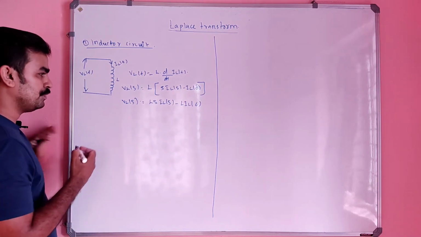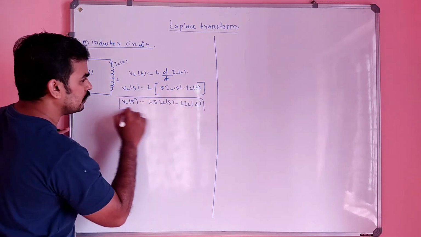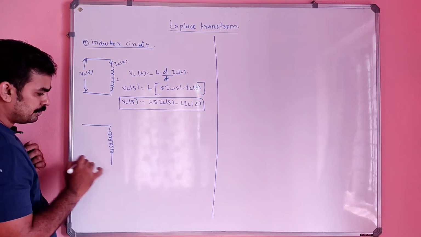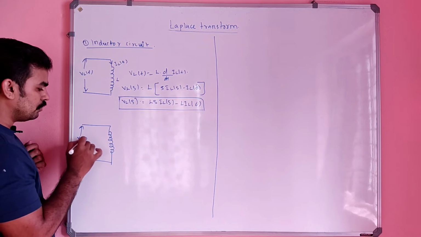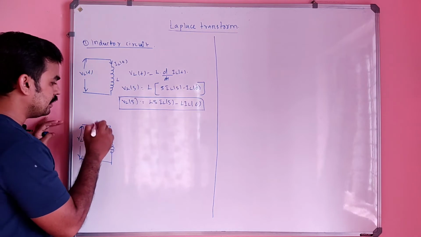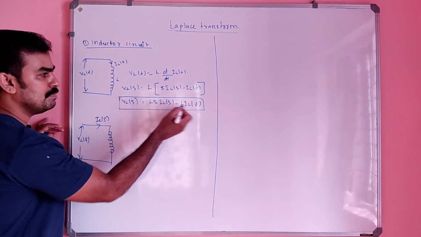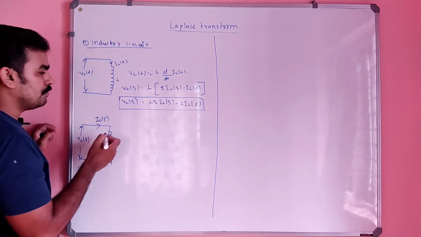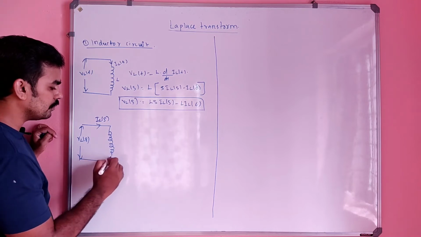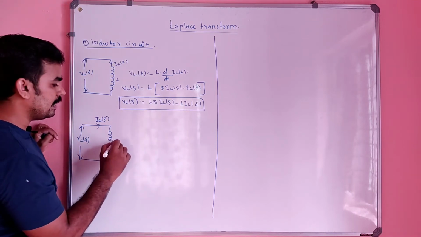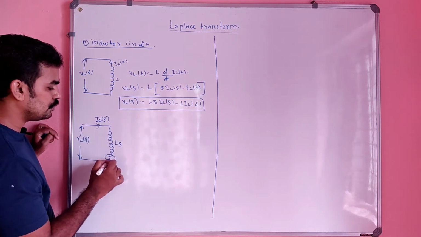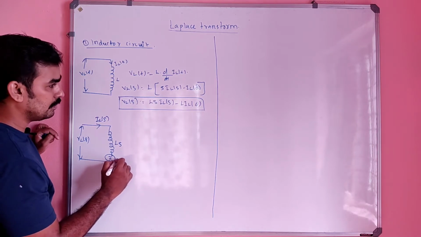Okay, what do I get? This is our reference equation. So what do I get? See, this will be my VL of S, right? So VL of S is equal to, I can write, IL of S as the current here. And this IL of S is flowing now. So it will become, okay, let it be like this: LS into IL of S minus,